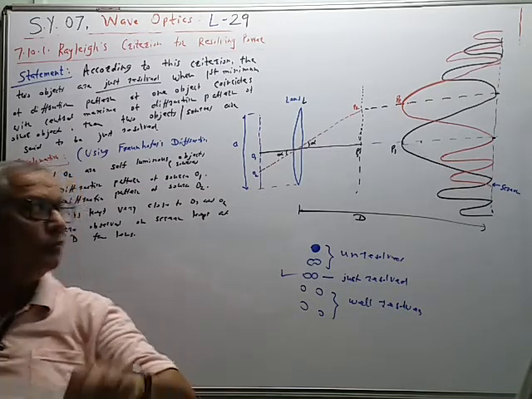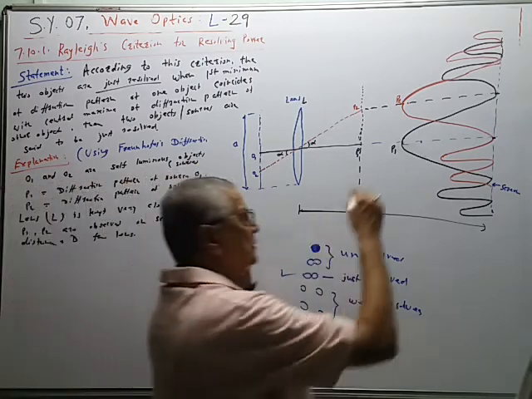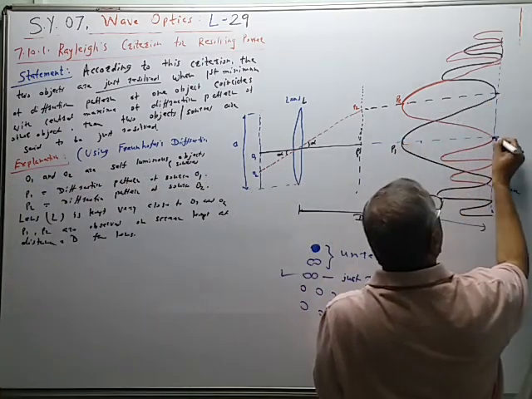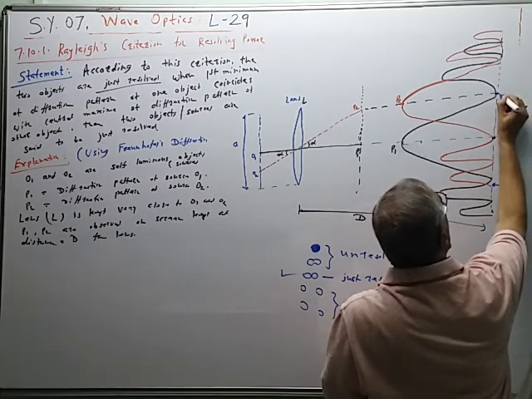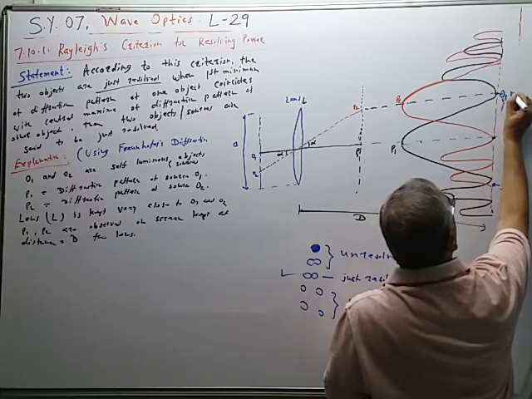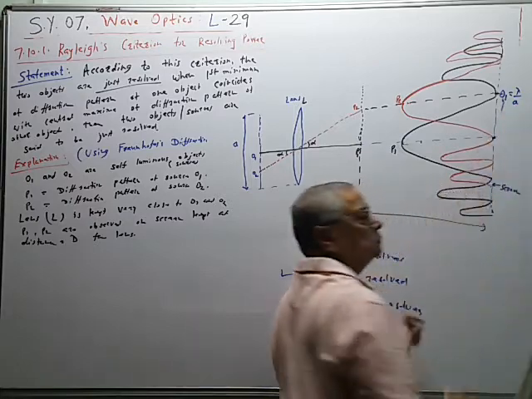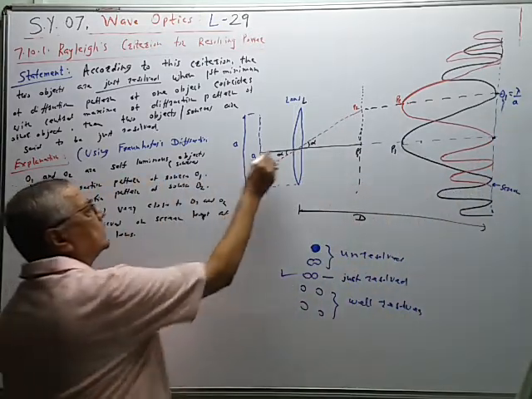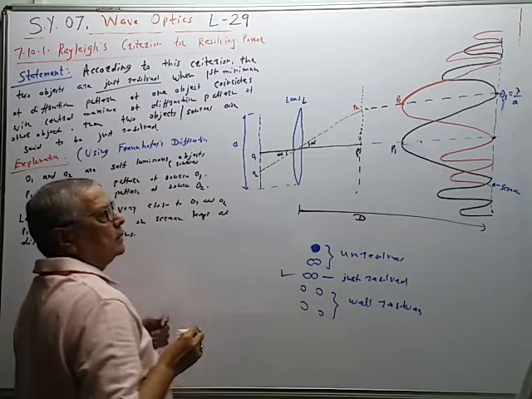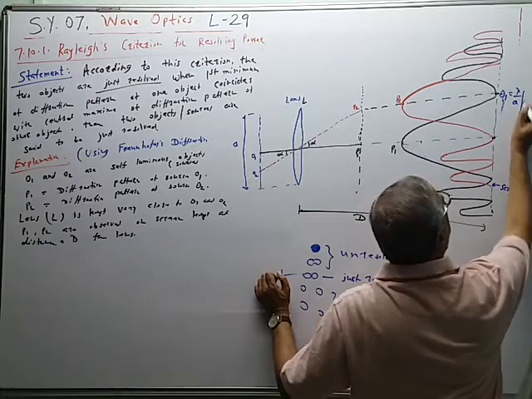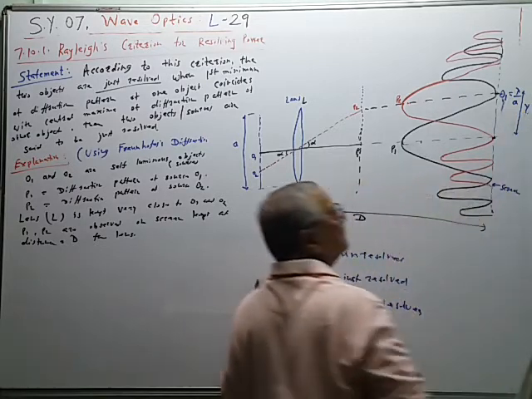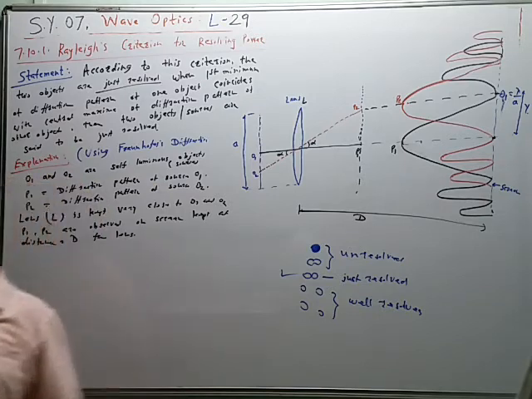Now see the figure. This is the central maxima and this is the first minima. So this angular separation is denoted by θ1 and it is given by lambda upon e. This alpha is also equal to lambda upon e, like this. This distance is y, the linear distance of the first minima, like this. So check the figure.